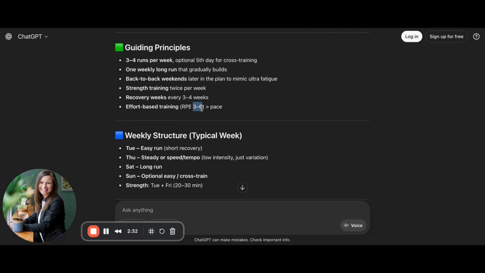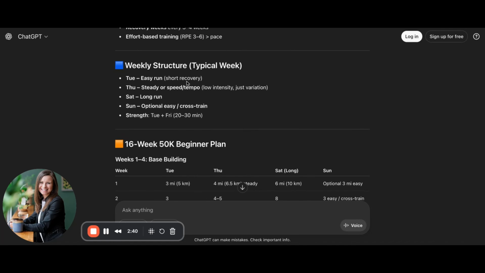I might even suggest some runs lower than a 3, down at a 2, but not a horrible or inaccurate recommendation. Weekly structure. Okay, interesting. They're doing speed work on a Thursday. That's not typical. Usually you would see speed work on a Tuesday or Wednesday, but nonetheless, nothing incredibly wrong with that. And I see Saturday, and then they're recommending possible cross training on Sunday, which, again, from a purist perspective,